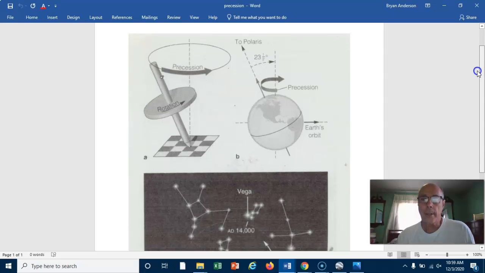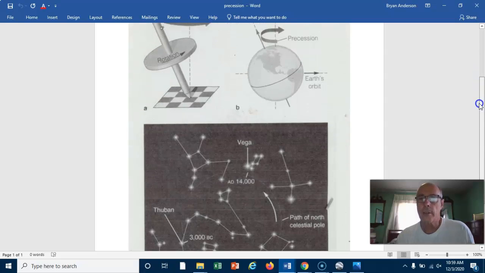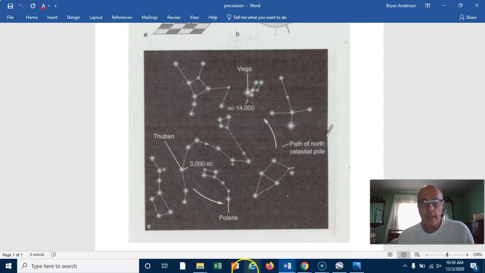Well, we look to Polaris, again, in the constellation the Little Dipper, Ursa Minor, and that's right here. So in our night sky, we would look up and we would see Polaris. That's right here. There's the Little Dipper. Okay, but remember, this whole path, this would be one wobble, takes around 25,000 to 26,000 years. We have written records from the ancient Egyptians that they didn't look to Polaris as their North Star, as their guiding star, their star that did not move in the night sky. They looked, this is 3000 BC, so 5,000 years ago,